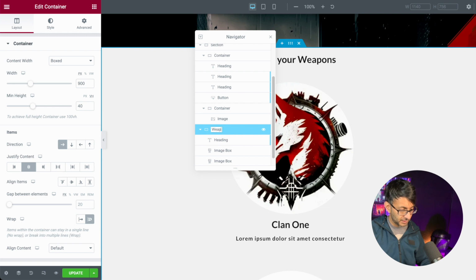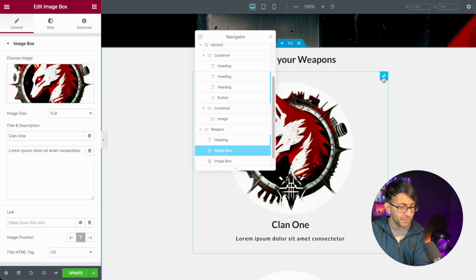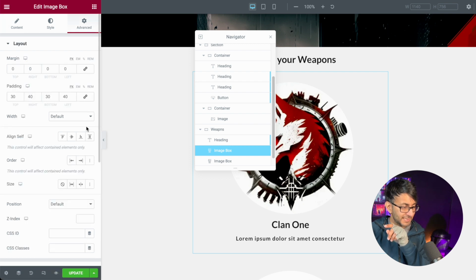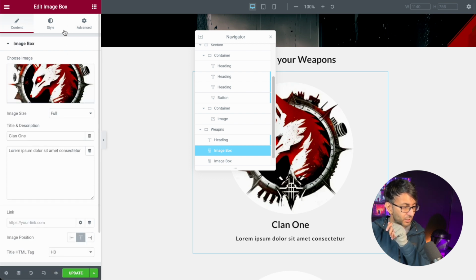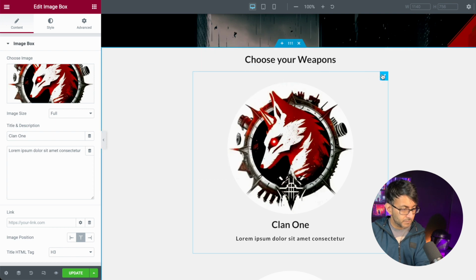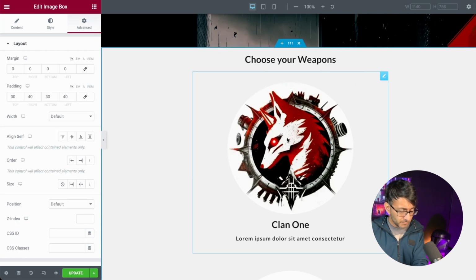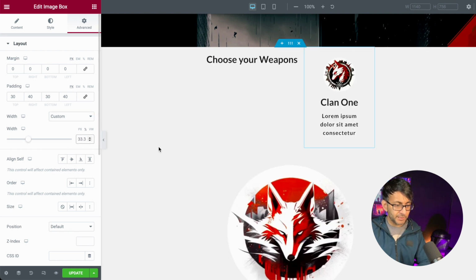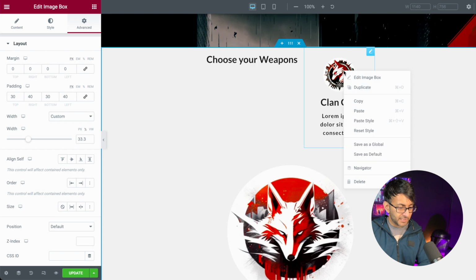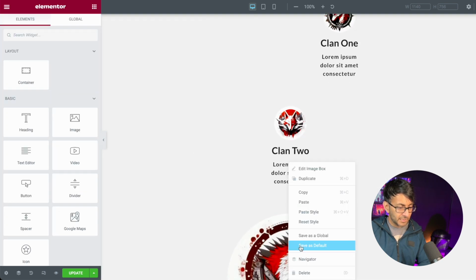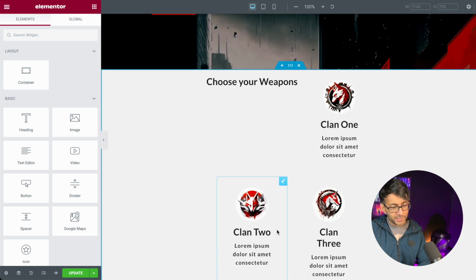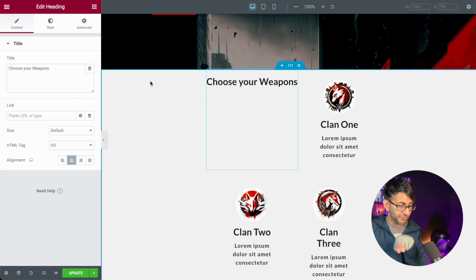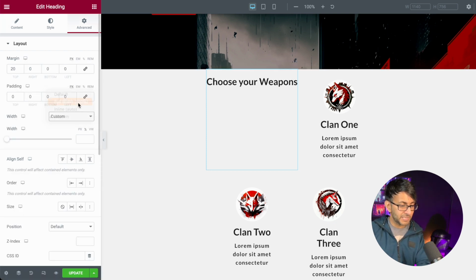Let's just change this to be weapons so we know what we're doing. I'm now going to go over to this image box that we currently have. I'm now going to go to the image box and I'm going to go to the width, and I'm now going to set this to be a custom, and I'm going to go with 33.3, and I'm going to do the same. In fact, let me just copy it. Let me go like that, paste style, and let me go with paste style again. Now these two are side by side, but this one has gone over here because we have not set the width for that. So let's just go in and I'm going to say make that be full width,